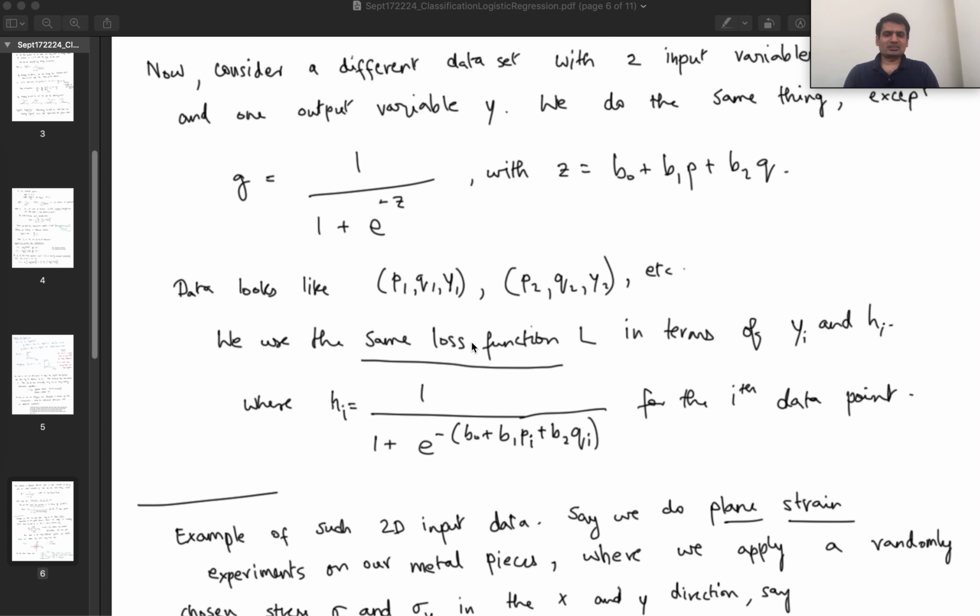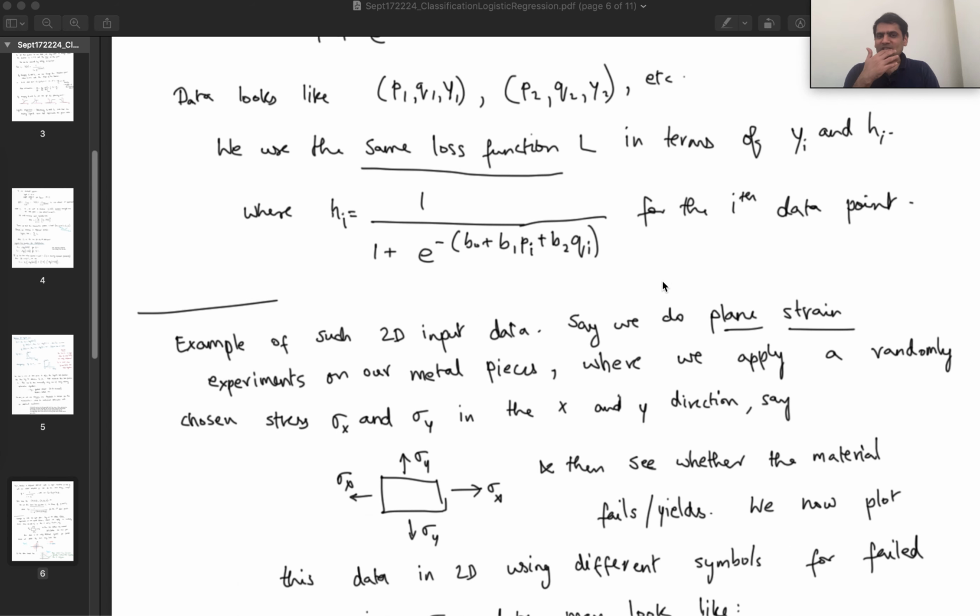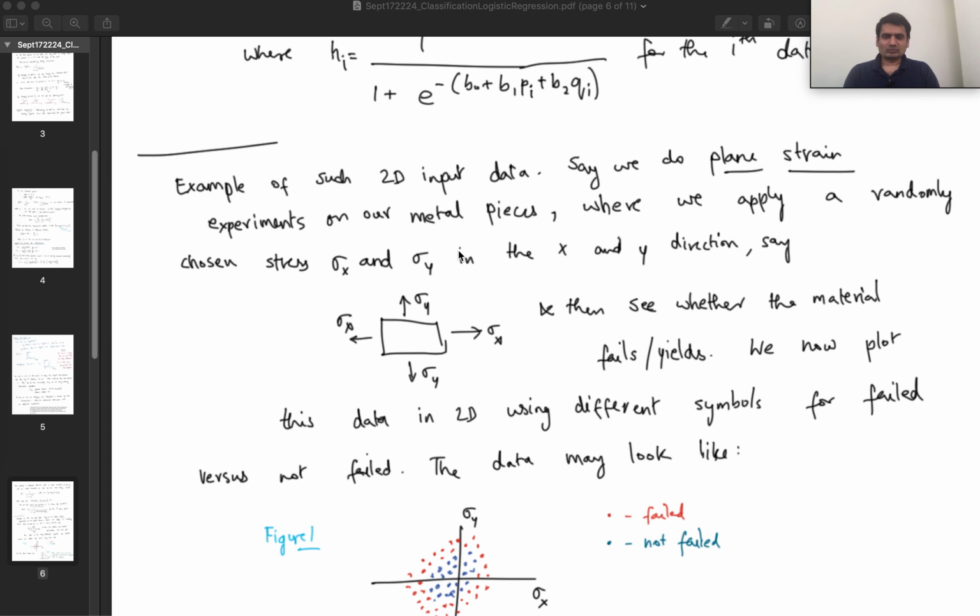The logistic loss function, or the log loss function, is computed in the same way for each data point, P1, Q1, Y1, P2, Q2, Y2, etc. We would compute H of all the inputs, which is computed as 1 over 1 plus e power minus z, where z itself is defined by some expression of all the inputs. For instance, if you have 2D data, just to use the same motivating example, which has to do with material failure,